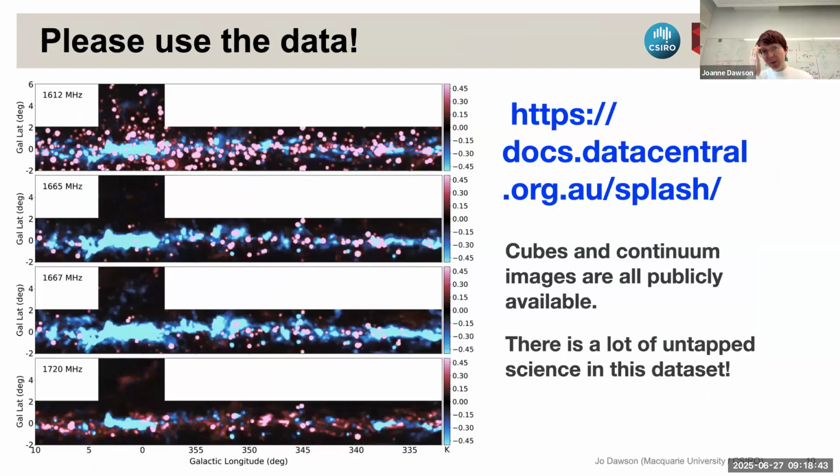So that was all I was going to summarize on SPLASH, apart from to say, go to this link. The data cubes are there. They're just sitting there as standard FITS cubes. They're not very big. We also have calibrated single dish continuum for every one of these transitions, and everything's publicly available. And I think there is a lot of untapped science in this data set, and it's really a people